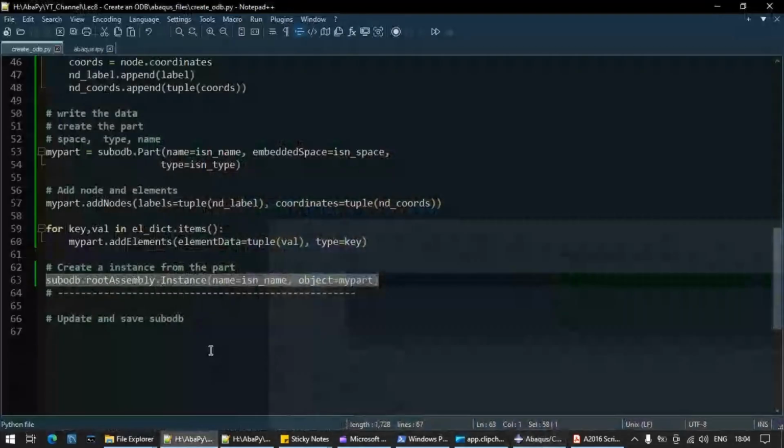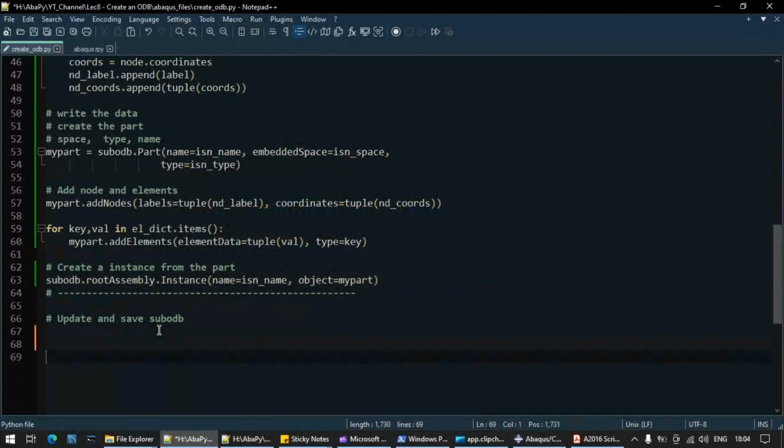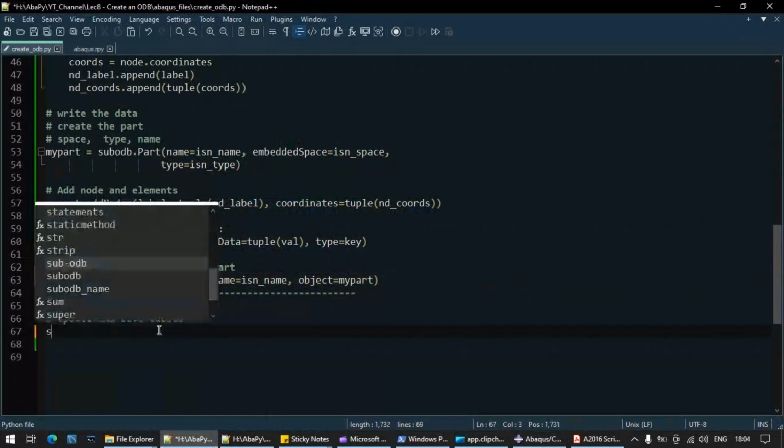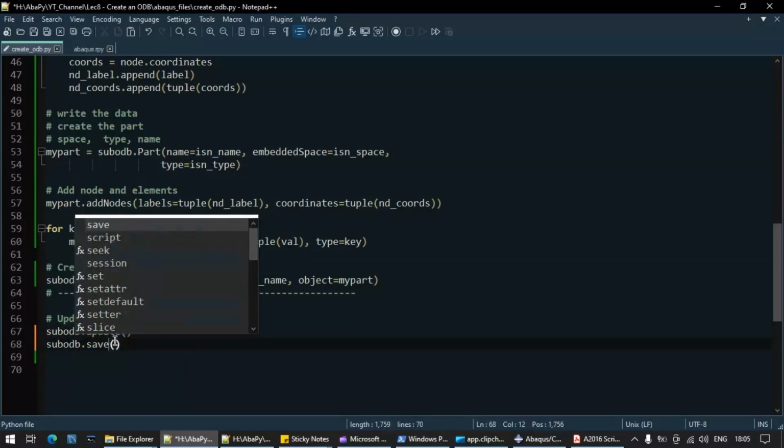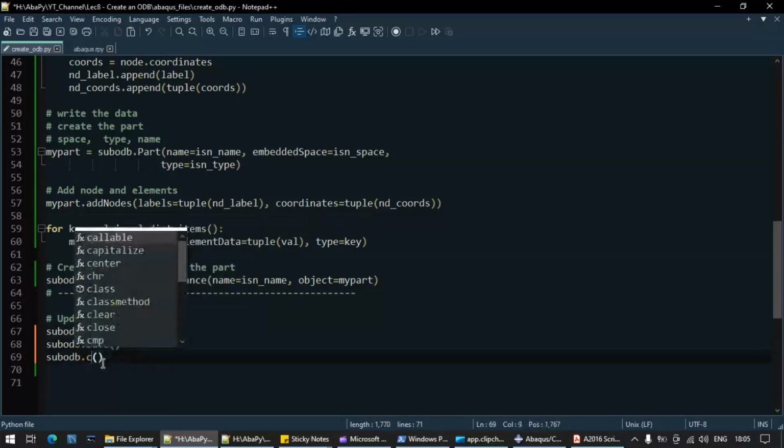Okay, now what we need to do is we need to update and save the ODB. Sub ODB dot update, then save, then close.